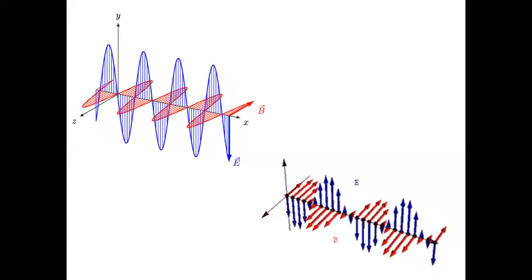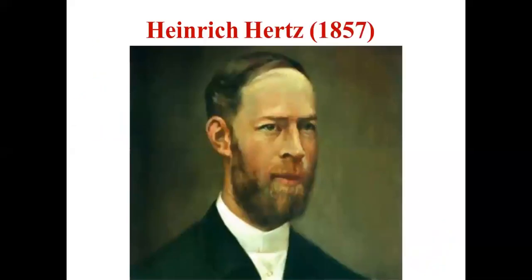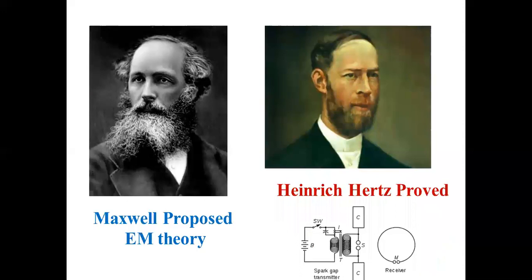But practically it was not proved by Maxwell. Practically it was proved by Heinrich Hertz. He in his lab was able to produce electromagnetic waves and detect them at another point, and that was a major invention. So you must know how to credit the two scientists. Maxwell proposed the theory, and Heinrich Hertz proved the electromagnetic wave theory. So who proposed the electromagnetic wave theory? Maxwell. Who proved the electromagnetic wave theory? That is Heinrich Hertz.